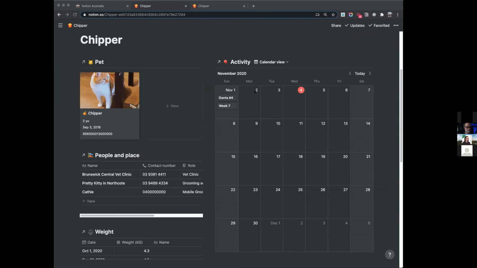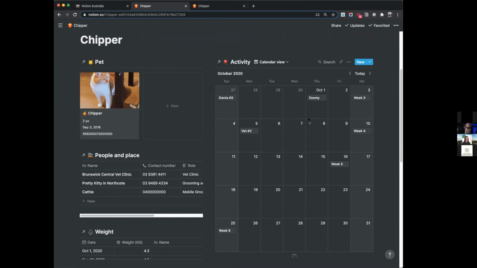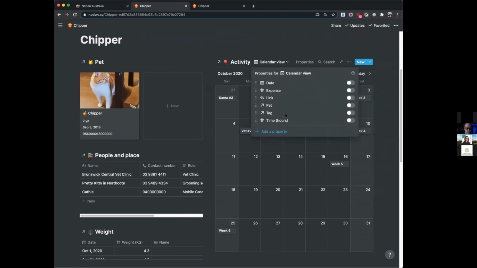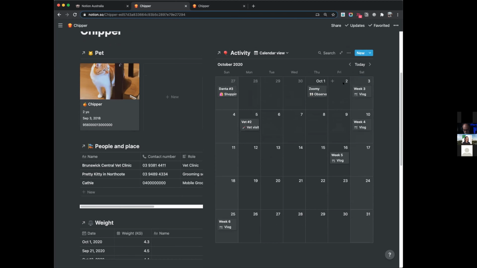Great, it's showing up. You can see all of the entries we've just put in by copy paste are on their right dates. What I like to do is to change the property a little bit. I'd like to see what tag it is on. And because it's a calendar, we don't need to show the date. So really here are some of the vlogs and then some of the other options.